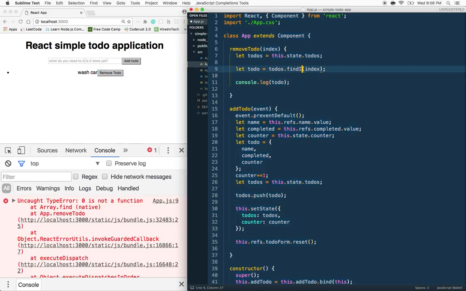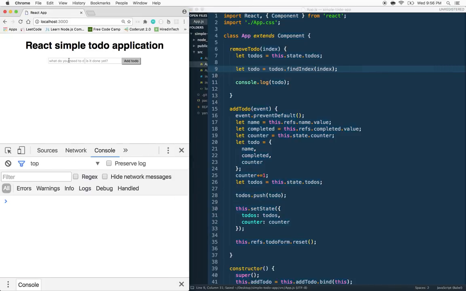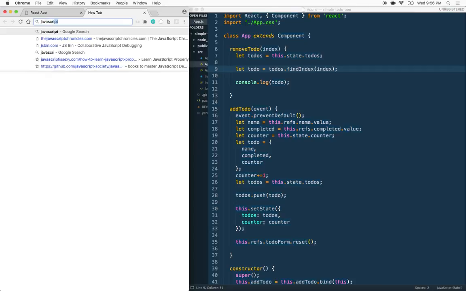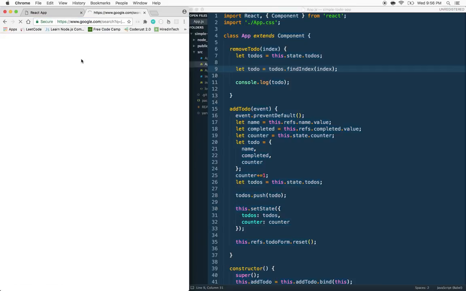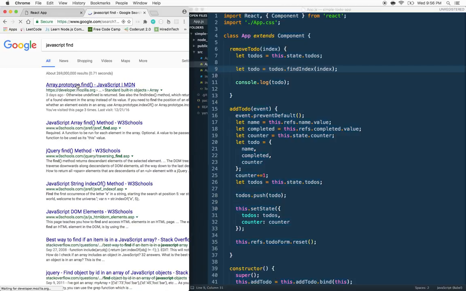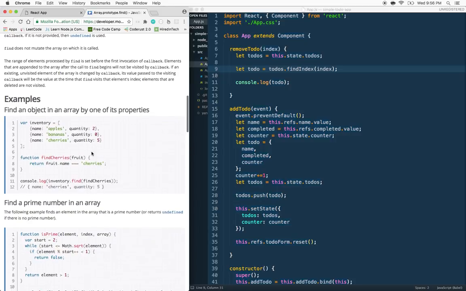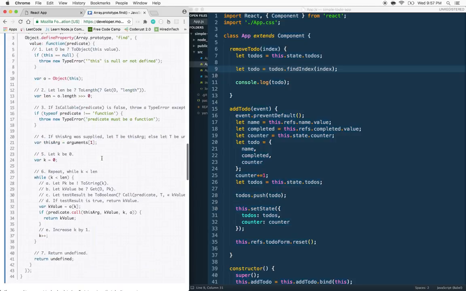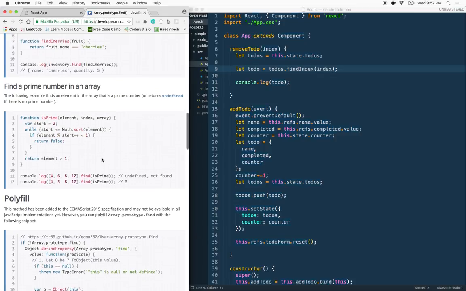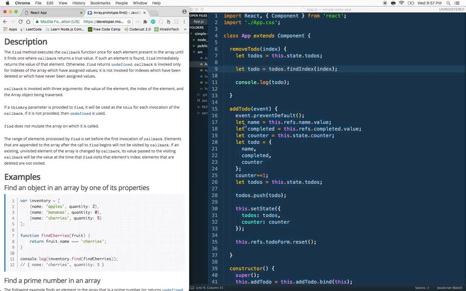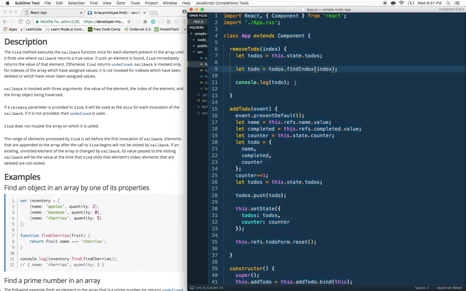Find index. I think it's that one. Find index. So let's go back. Wash car, yes. Here we go. And let me see. JavaScript find. Okay, let's look at this and debug this really quickly. So we can use this on an array, and we need to say, okay, we need to find. Let me look at this. Find is prime. Find cherries, fruit. Okay, so yeah, we're gonna call